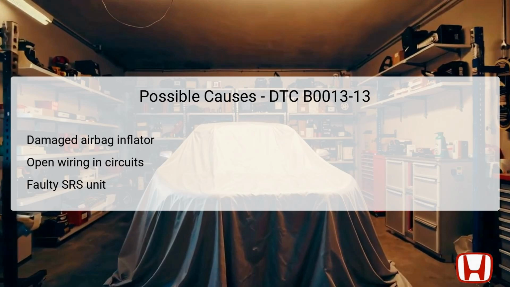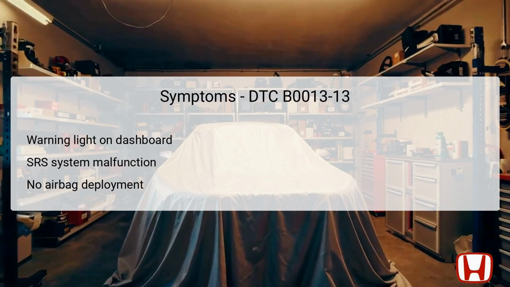Lastly, a malfunction in the SRS unit itself could be responsible for detecting higher than expected voltages on the detection lines. Each of these components must be inspected meticulously to identify the root cause of the error, ensuring safety systems remain operational. Symptoms of DTC